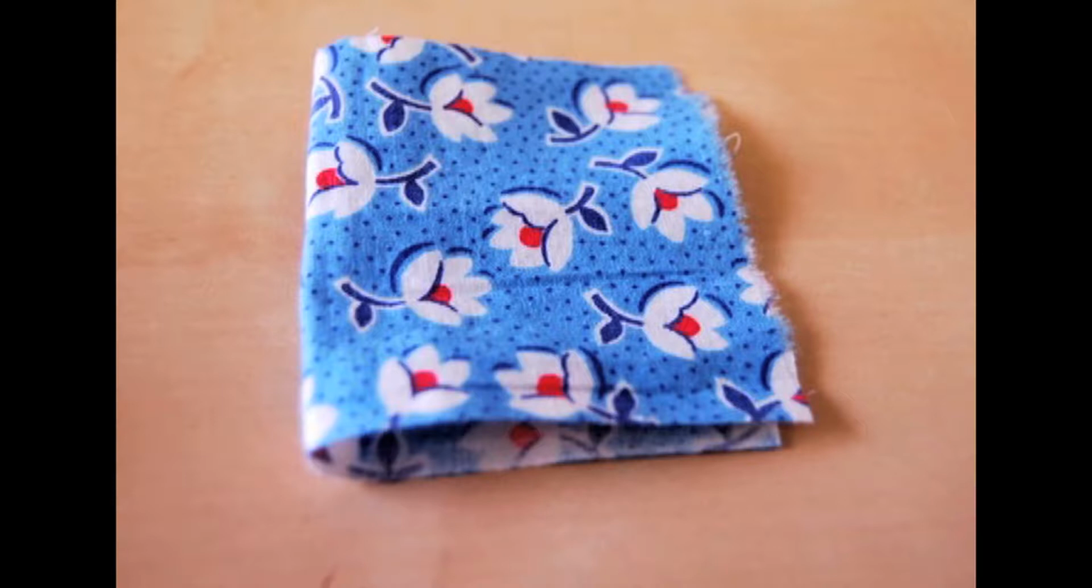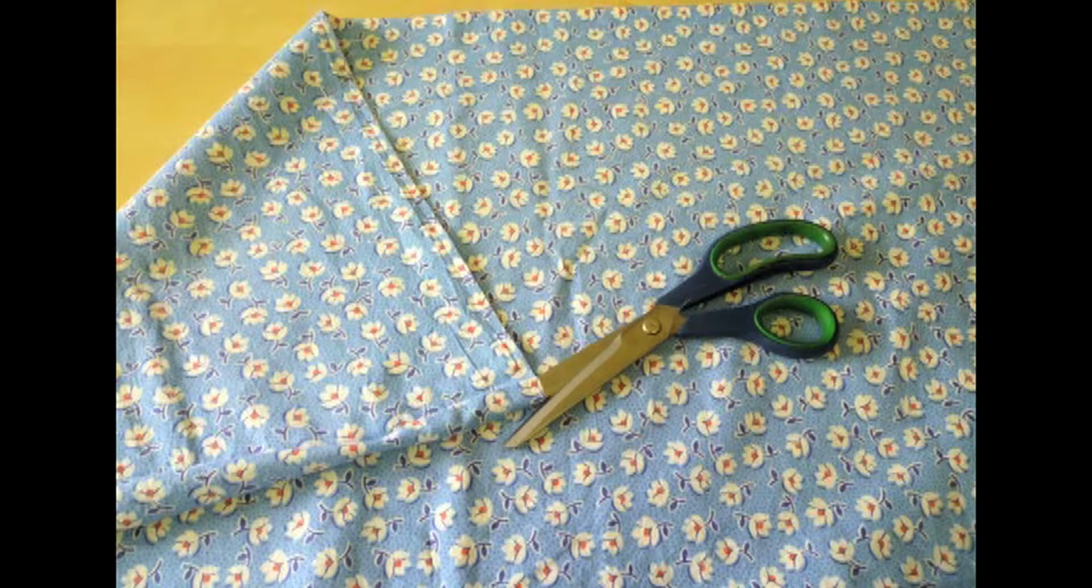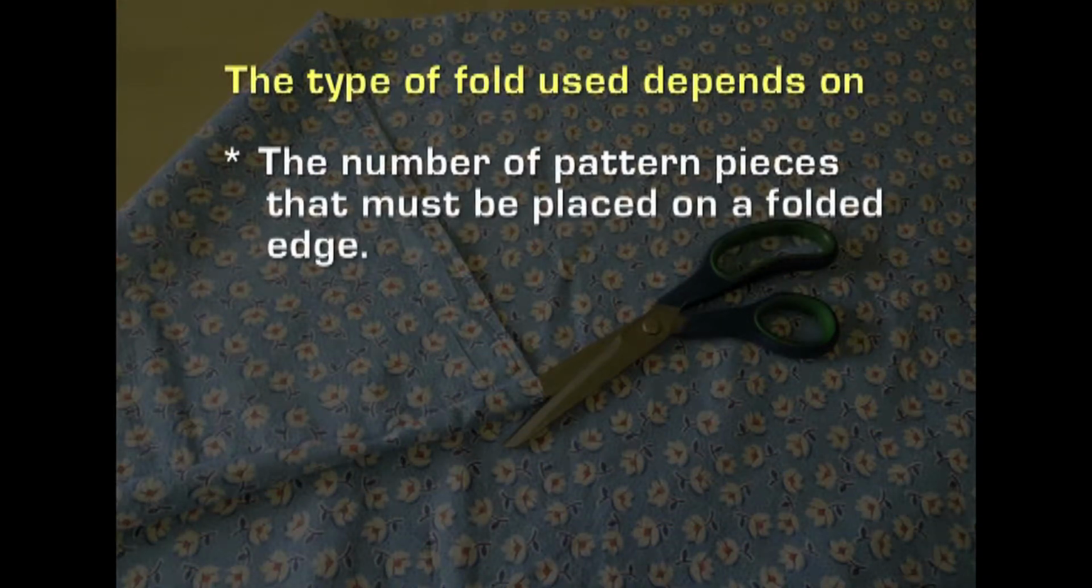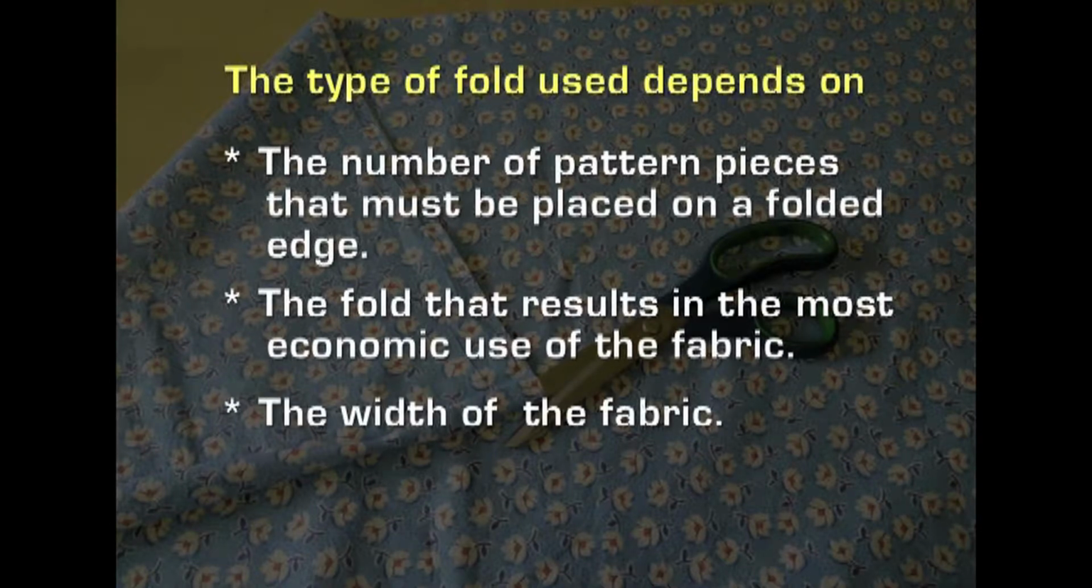In general, for layouts that require folding, ensure that while folding, right sides face each other. Cut pieces that must be in more than one piece at a time to the extent possible. This avoids risk of cutting 2 or more identical parts, for example, 2 right sleeves. Laying can be done in a variety of ways before pattern pieces are positioned for cutting. The type of fold used depends on the number of pattern pieces that must be placed on the folded edge, the fold that results in the most economic use of the fabric, the width of the fabric and the pattern